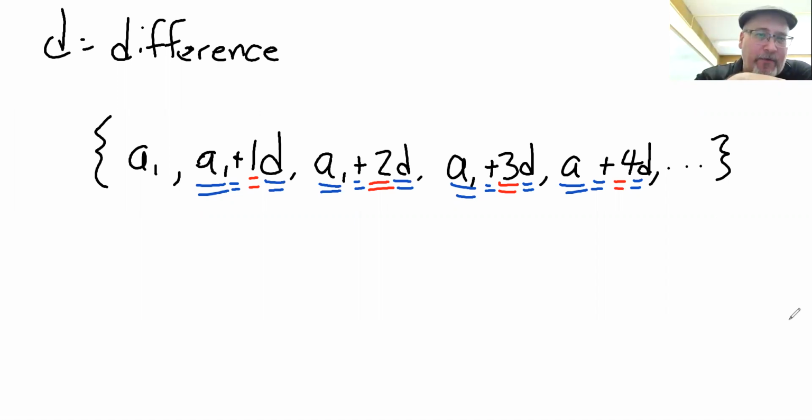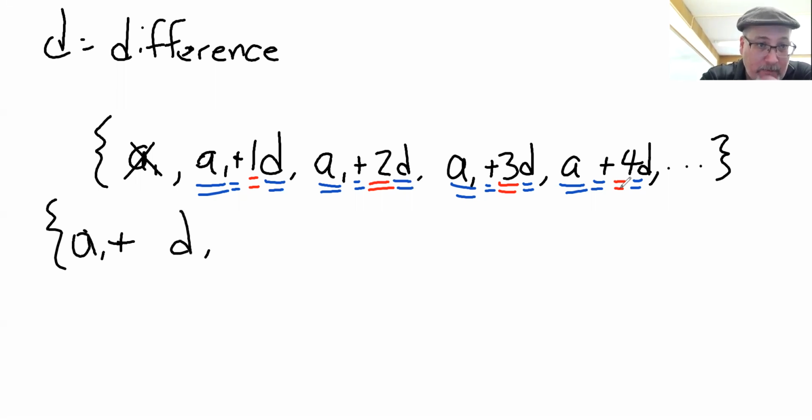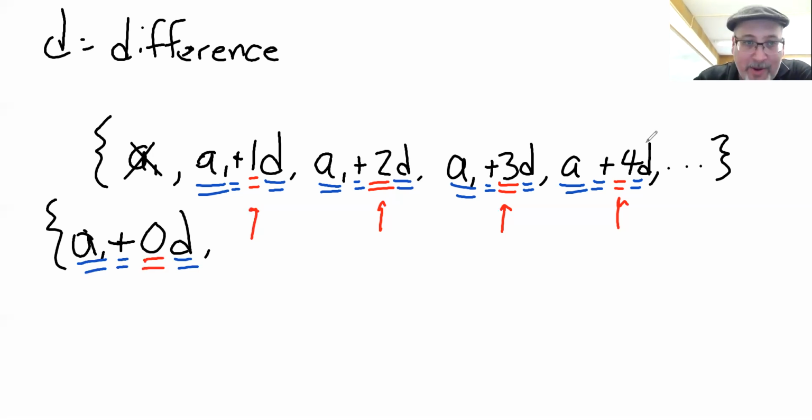The only problem is it doesn't start in the first term. So I'm going to take this first term and rewrite it so that it looks like the others. In other words, if we were to continue this pattern backwards, we start with an A1, we have a plus, we have a D, but what number would go in front of it? Well, just reverse the pattern that's above it. Going backwards, 4, 3, 2, 1, 0. So if we replace the first term with A1 plus 0D, we haven't added any of those D's yet,